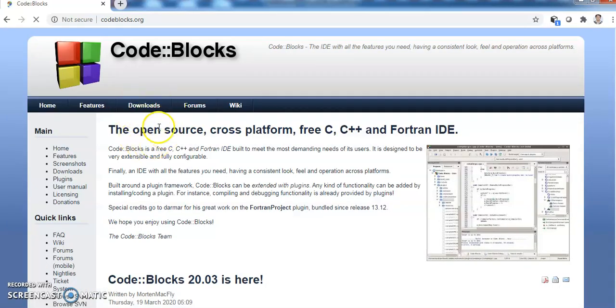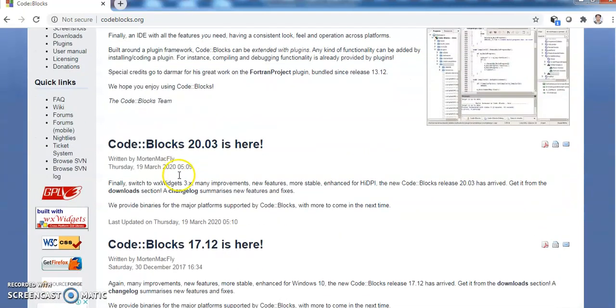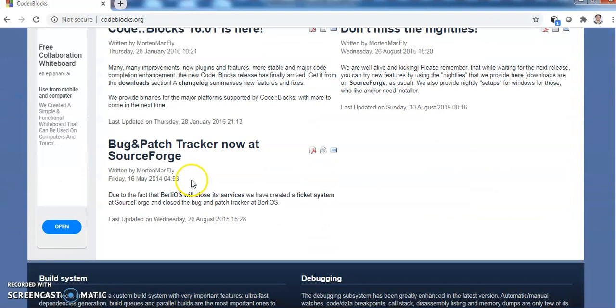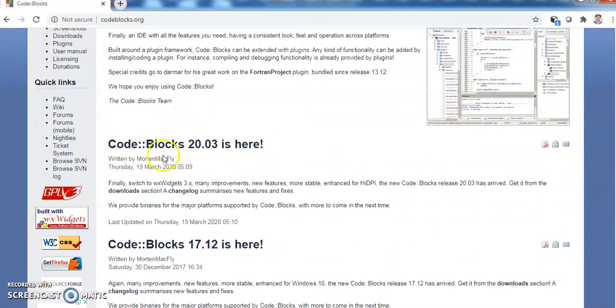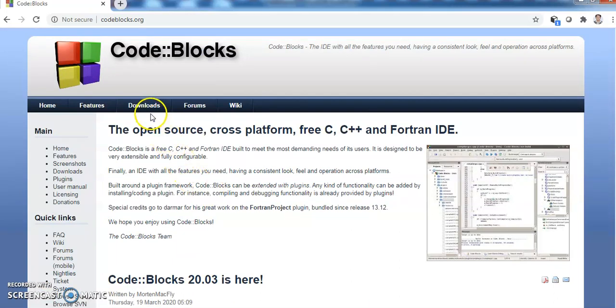Here we'll get that website open in front of us. If you just observe here, the latest releases will be displayed. The latest release of Code::Blocks is the 20.03 version. Now we'll go to the downloads.